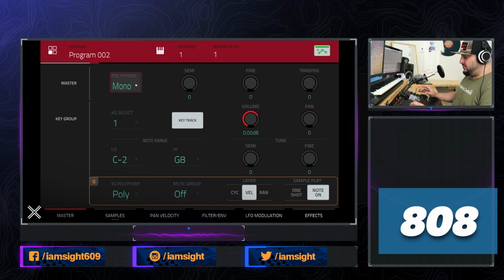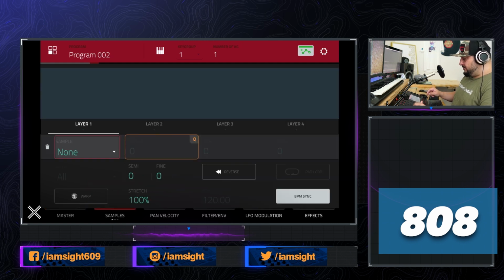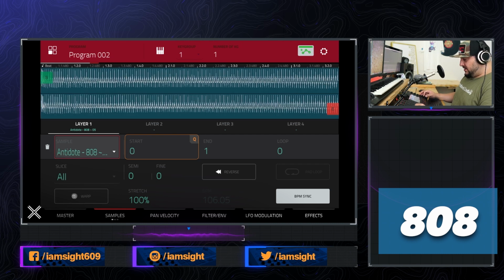But if you put it on note on, you can hold it down as long as you want it, and it'll cut off when you let go of the key. All right. But I'm going to put it on one shot for now. All right, go over to samples, and we're going to turn that, it's called Antidote 808. All right, and next step,